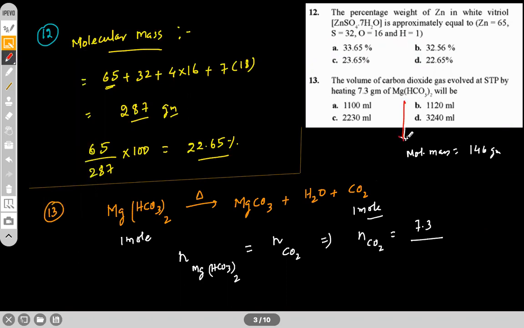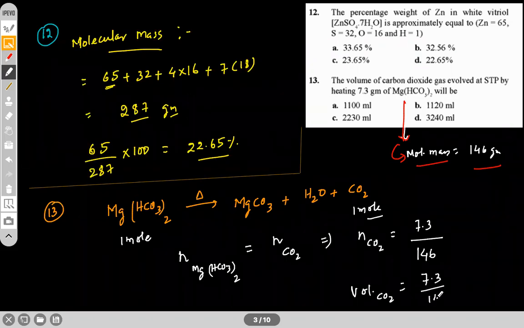Right, for this one, the molecular mass is 146 gram. So the number of moles of CO2 is this divided by 146. And with these many moles, to find the volume of CO2, it equals 7.3 divided by 146 into 22.4 liter at STP, because we know 1 mole occupies 22.4 liter. So when you solve this, it will be,